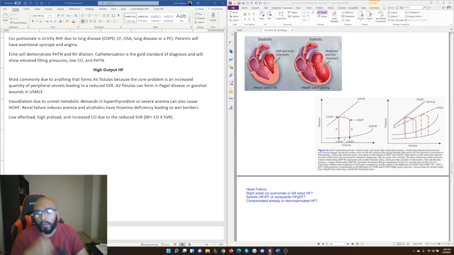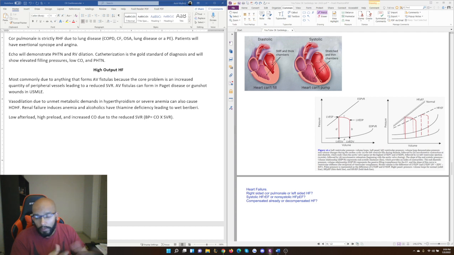So if SVR goes down, cardiac output has to go up. Cardiac output going up is the reason why this is called high output heart failure. You double the number of arteries, right? So you have to put out more blood. Ultimately, on the right side, what's going to happen is you also double the number of veins, so your central